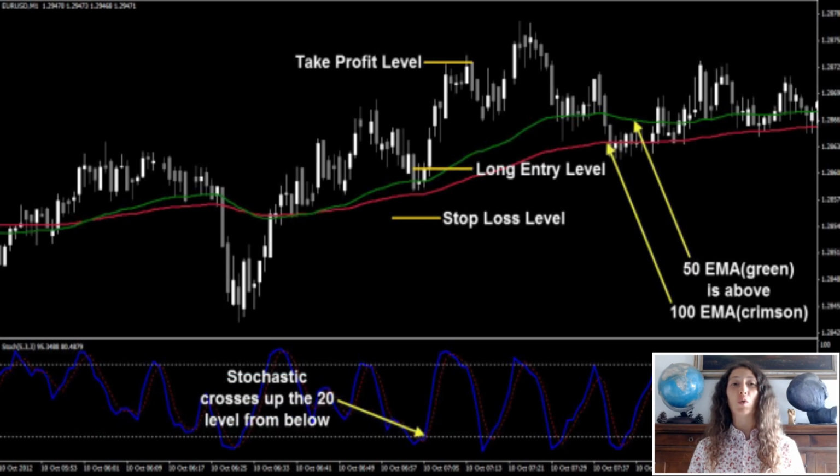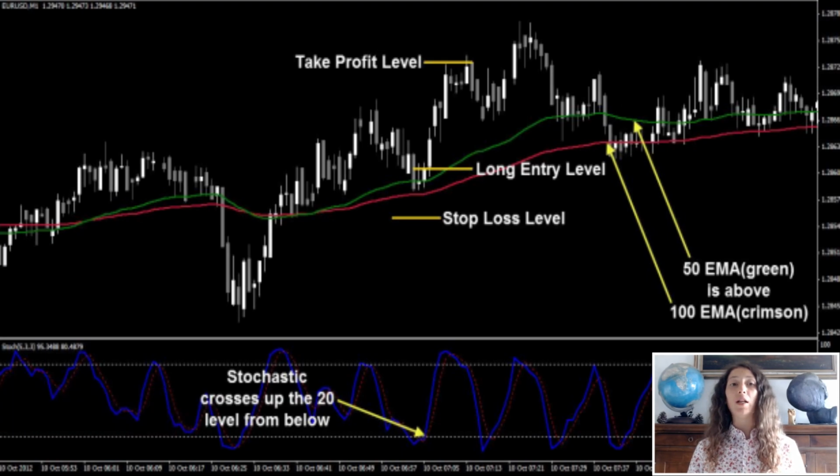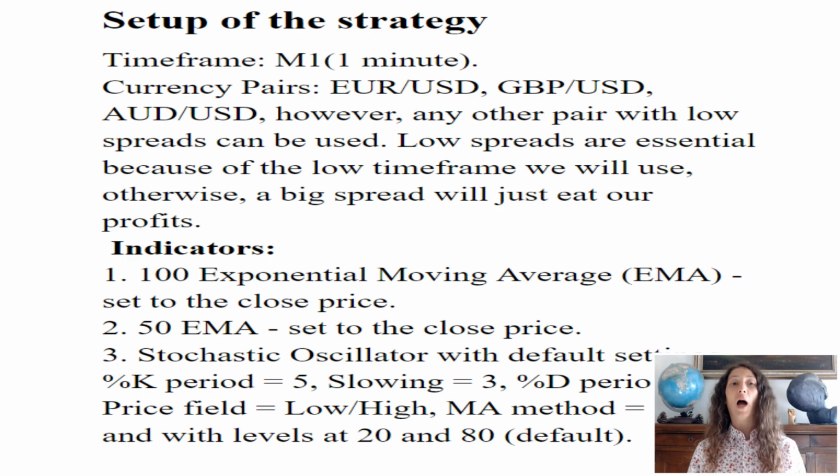Today, I want to show you a very simple but also very profitable scalping system for trading the lowest time frame available on all trading platforms, the M1 1 minute chart. Most traders nowadays think that M1 scalping is a very hard task to do. But at the end of this report, you will discover that when you know how to trade properly, even M1 can be a very profitable time frame, especially when you don't have so much time to spend in front of your screen. Now I show you step by step how to add indicators.